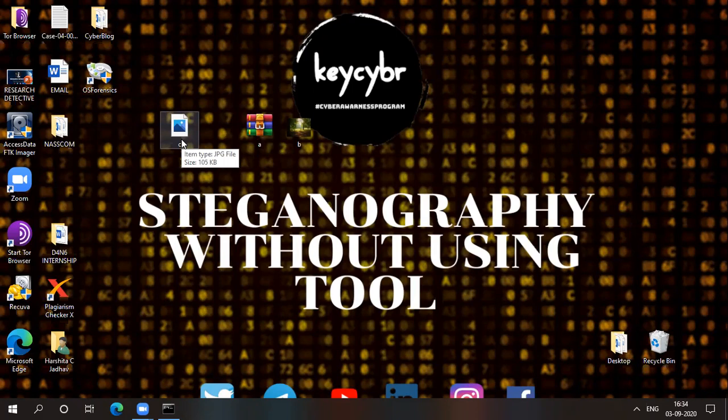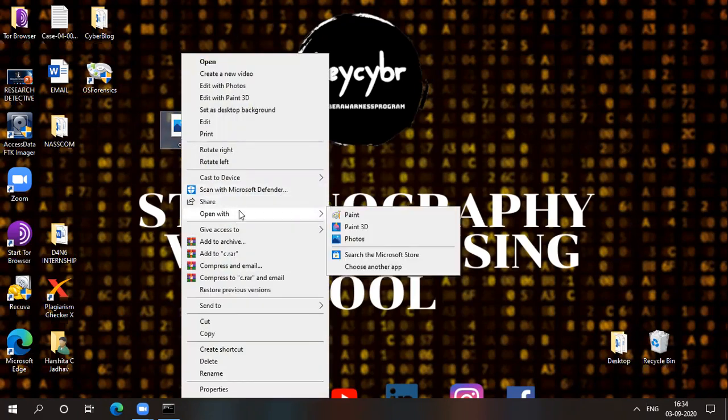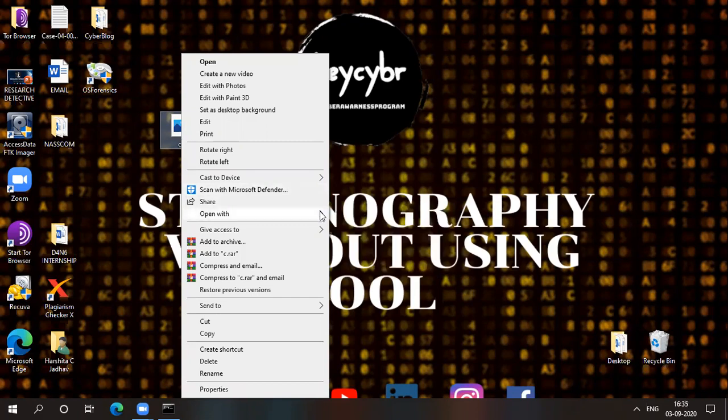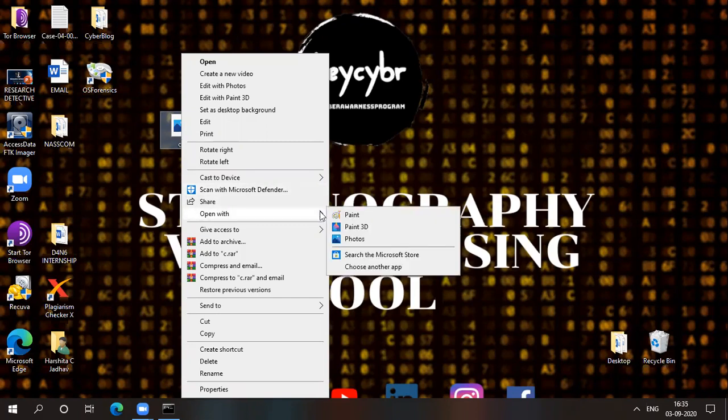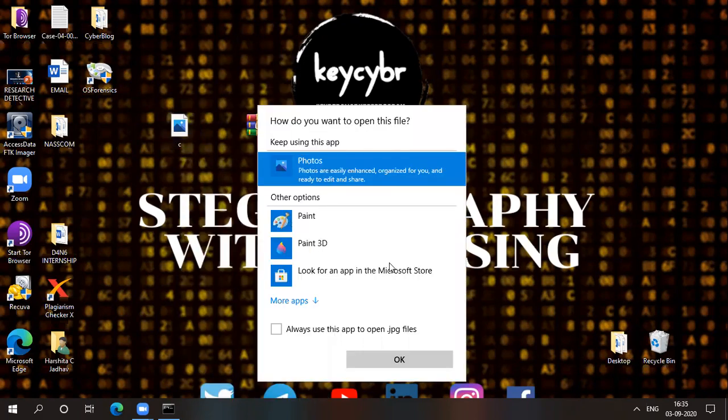Okay, so for that we need to open this image file in WinRAR. So choose another app, more apps.